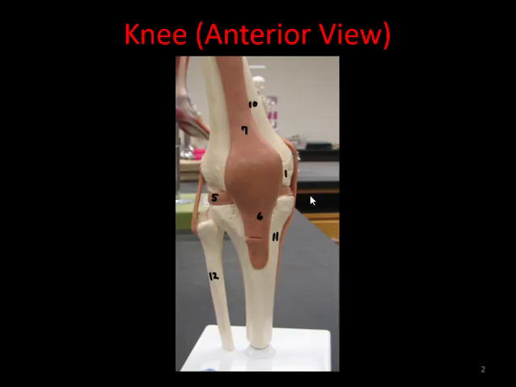It attaches bone to bone, just like this one did, but it also attaches to this particular bone, which is called the tibia, right? So it has two names as well. It can be known as the medial collateral ligament or the tibial collateral ligament. You'll see on the next slide where I actually number it, but I just wanted to cover that since